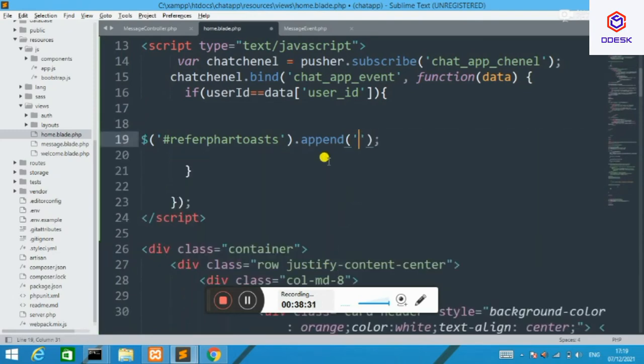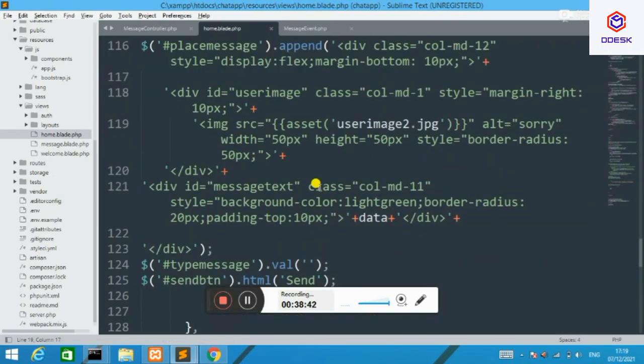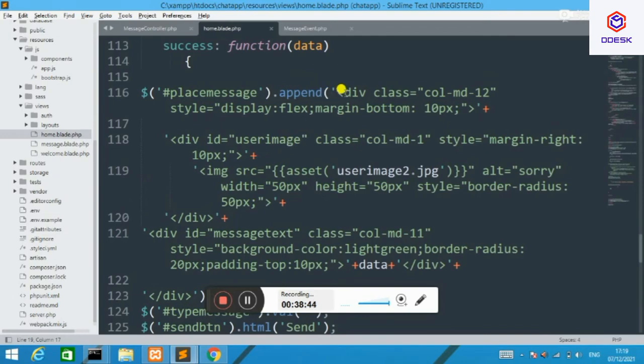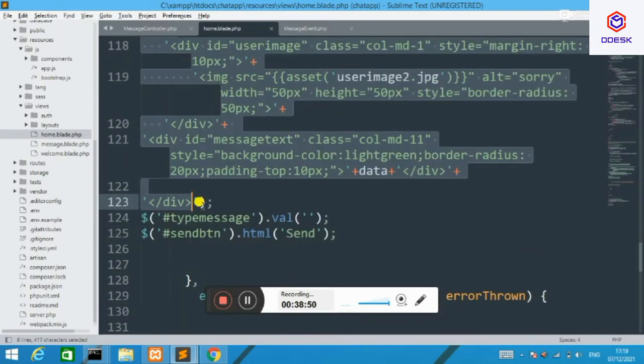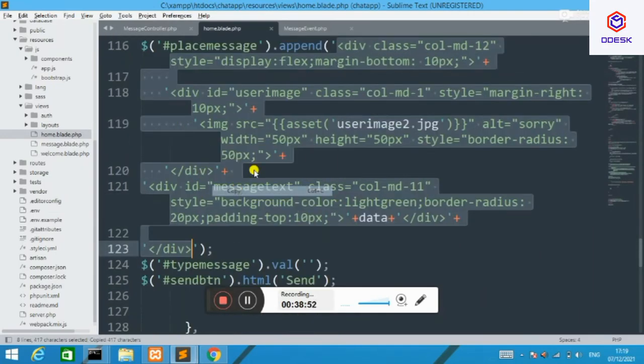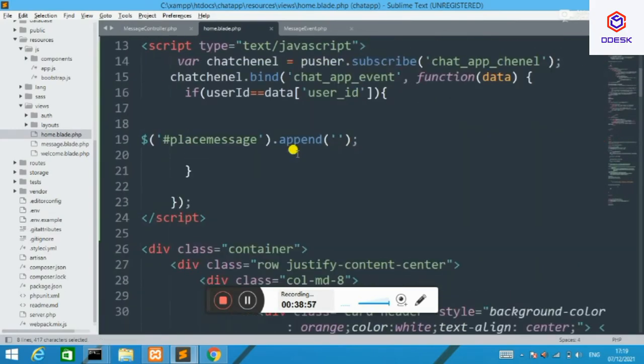And if the logged in user ID and the broadcasted ID match, then we will append the message, we will receive the message which was broadcasted. So I'll copy the same code which we did before to append the sent message. The same will append the message which we are receiving through broadcasting.